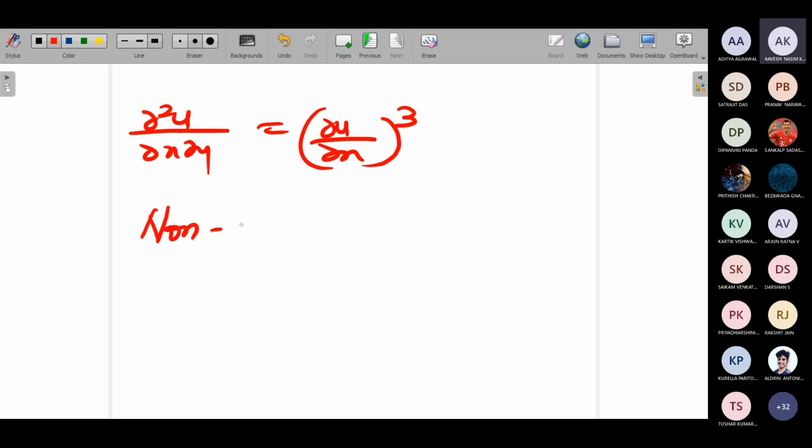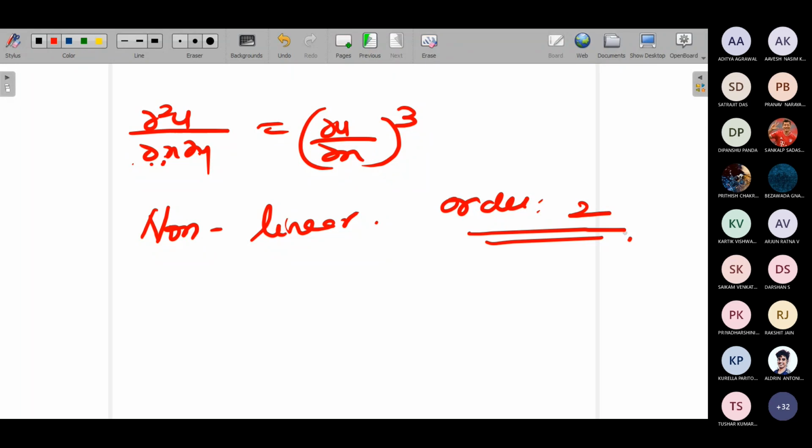Ma'am, it's linear. How is it linear here? It is a non-linear equation. Here you have dou square u by dou x dou y. Here you have only dou u by dou x. What is the order of this equation? Order of this non-linear equation is 2. Okay. Generally, I told you in the first class itself, order and degree. What is the degree of this equation? Ma'am, 3. Is it? One. Degree is 1. Whichever one is the highest order, that power is the degree.